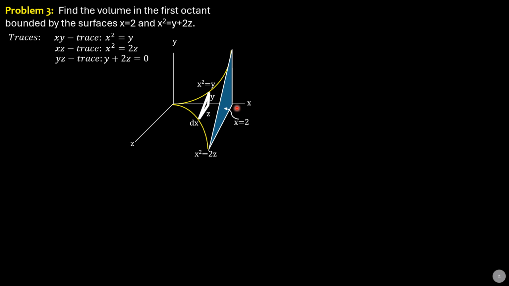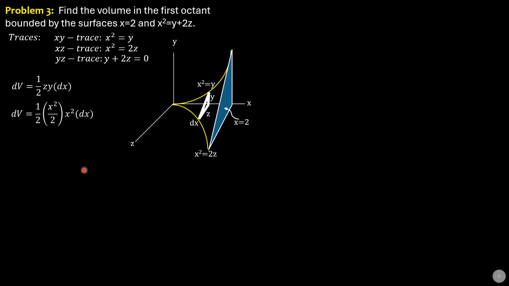So for the solution, the differential volume, we consider this slab, which is a triangular slab. The dimension would be y, parallel to y, upper y minus 0, so y, then this is z. And the thickness is dx. So the differential volume is 1/2 zy times dx. Then the variable of integration here is x, so we replace z in terms of x, which is x squared over 2, and y equals x squared. So dV equals 1/2 of x squared over 2 times x squared dx.